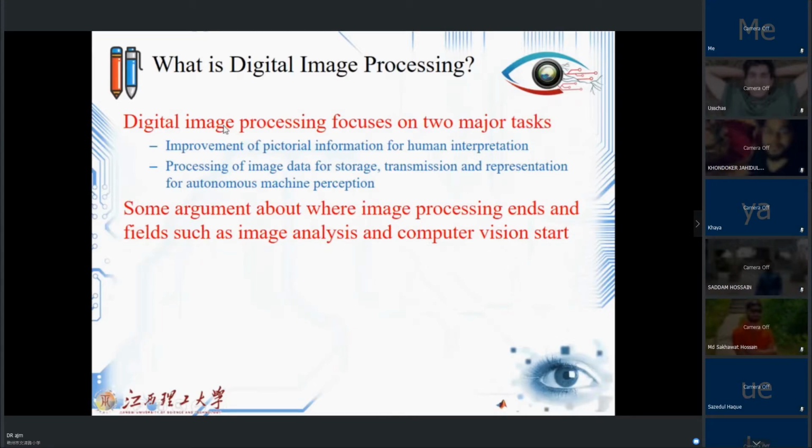Till now, we understand what a digital image is and which types of image we have, what gray level is, what the image itself is. Let's go for the next definition, which is digital image processing. For this digital image processing